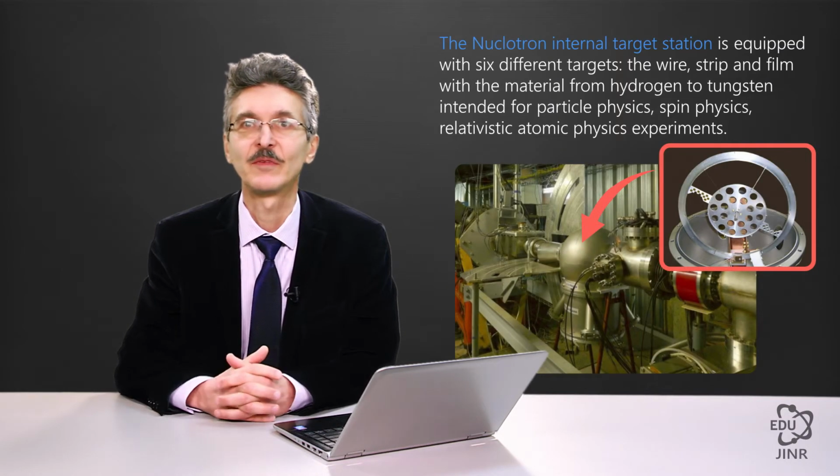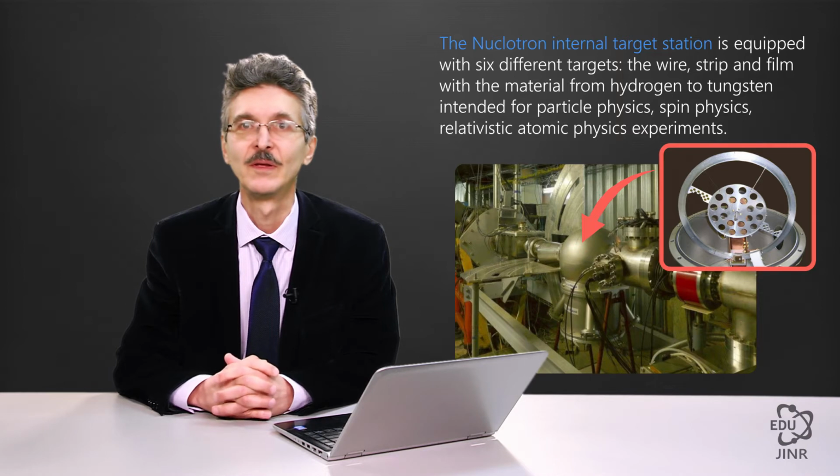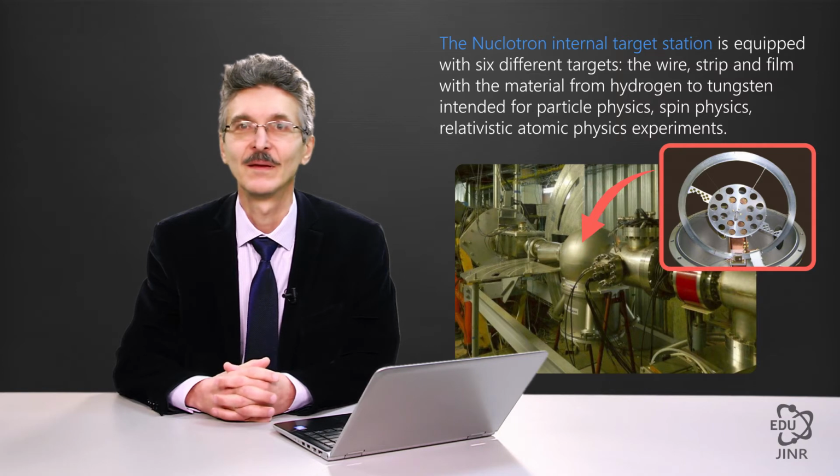And the oldest experimental facility at the nucleotron accelerating complex, not in the sense that it is morally and physically out of date, but in the sense that it's the first of its kind, is the internal target station at the nucleotron. During the first years of operation, it was the only facility at the nucleotron until the implementation of the continuous extraction facility